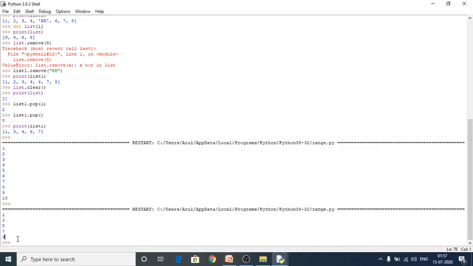Here I can use it. Odd is equal to list. It is the next function to convert the range result into the list. Again I have to open bracket. Next I have to use range. Within the range I have to give 1 comma 11.